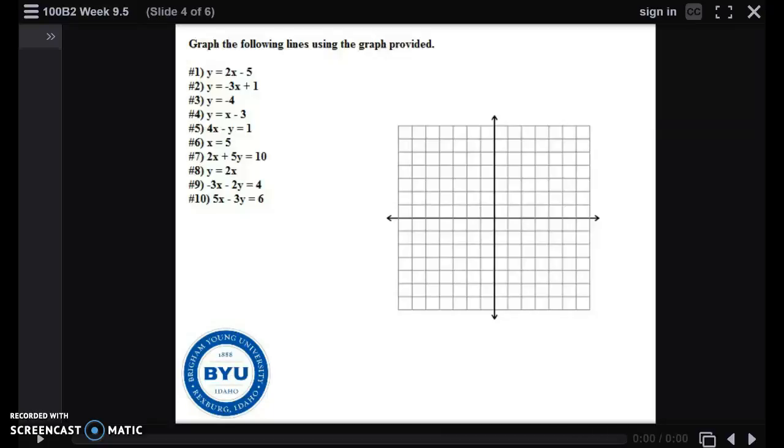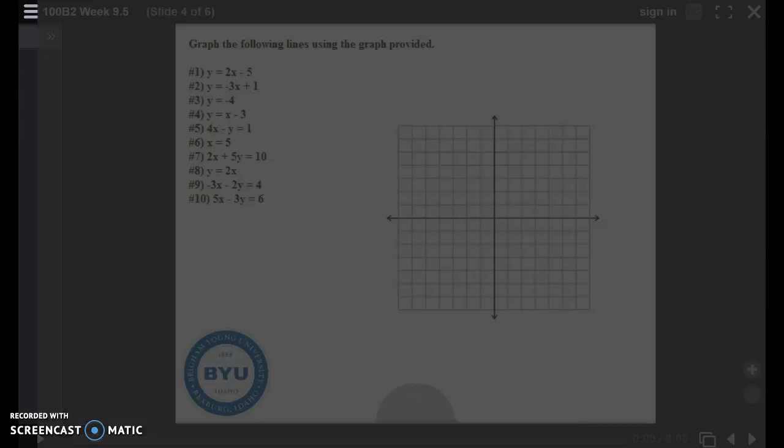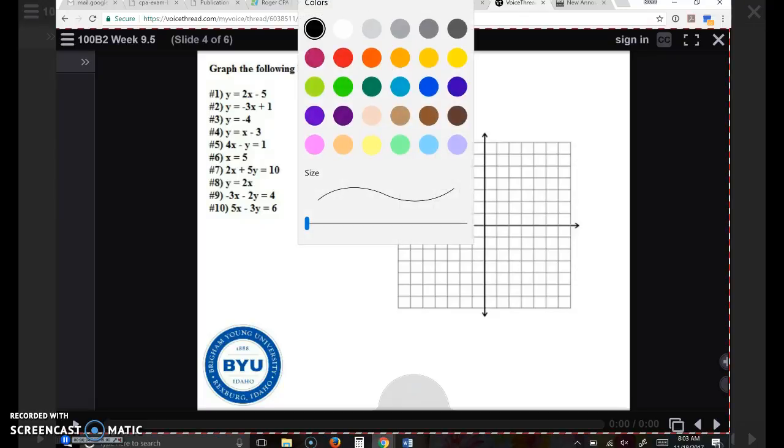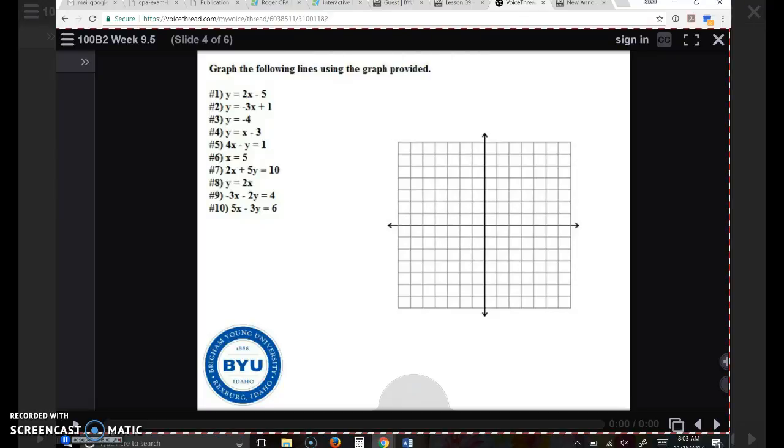Okay, I believe these are the ones that I was asked about. Let me just pull this up. Number 3 and 4 from slide 4 of this week's VoiceThread. So, number 3, let me get some red. There we go. So number 3 here